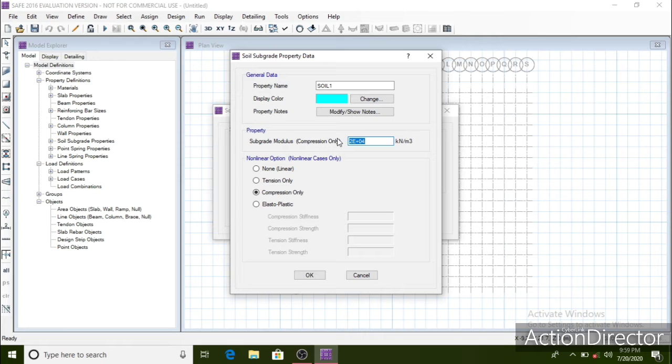Subgrade modulus is given by SBC of the soil divided by allowable settlement. For this problem, we will be taking the SBC of the soil to be 300 kN per meter square and allowable settlement to be 1 centimeter, which gives us the value of subgrade modulus to be 3 into 10 to the power of 4 kN per meter cube. So let's enter 3 into 10 to the power of 4 kN per meter cube.